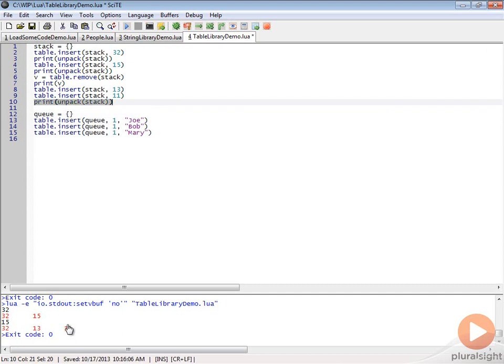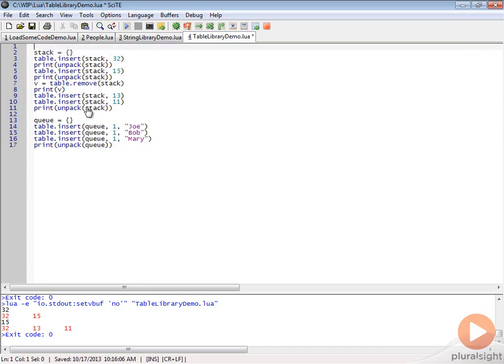And then let's go ahead and unpack this and print it. So we're going to unpack our queue. Now if I were to run this, let's go ahead and comment out our stack. I'm going to use our multi-line comment,